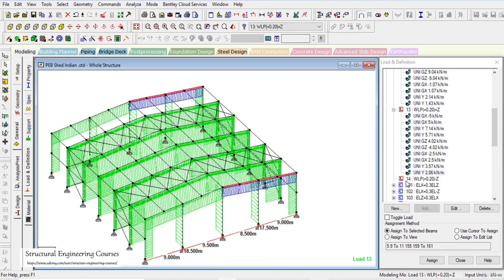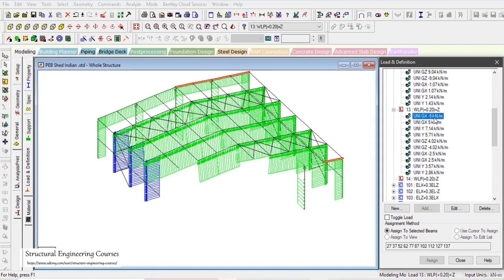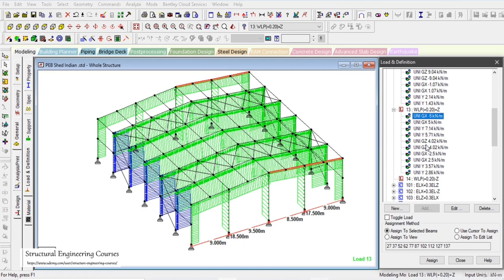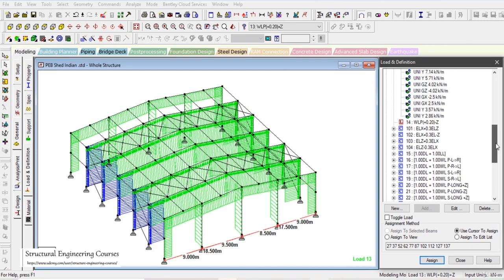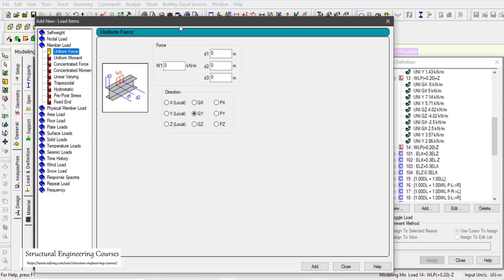Similarly we can apply loading for this last one, that is WLP plus 0.2 and minus Z. It shall be just a mirror arrangement of all of the loading that has been applied here. So we can just copy paste all of these loadings here. We can go to the member load arrangement and copy paste all the loading that has already been calculated in the previous load case. So minus 5, plus 5, Y as 7.14, 5.71,